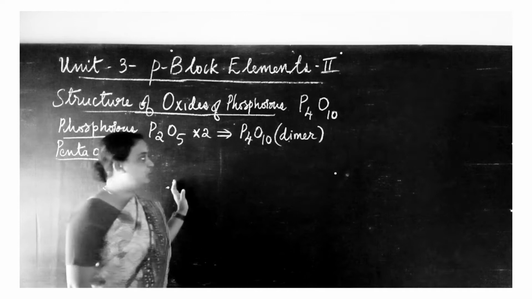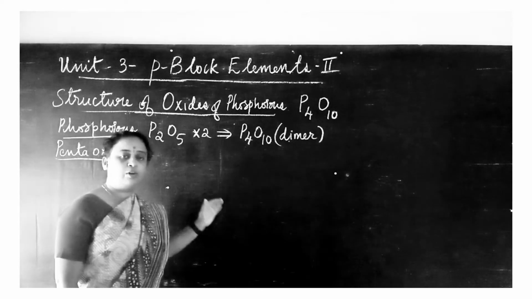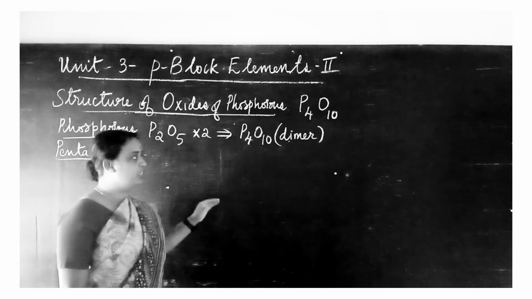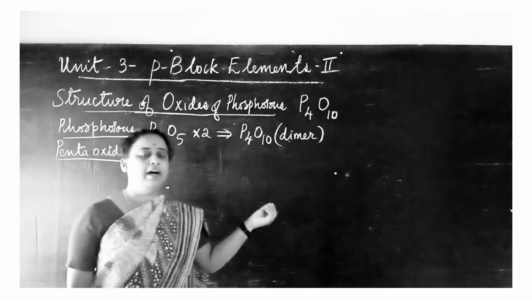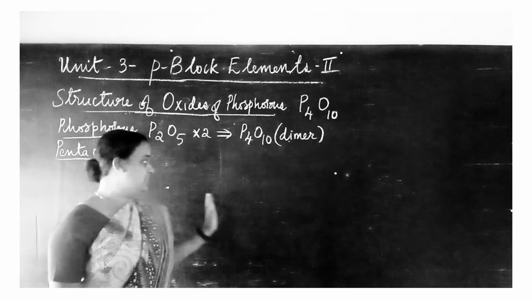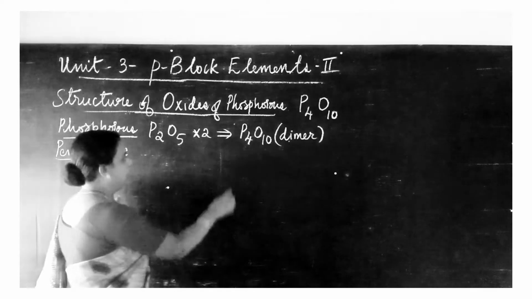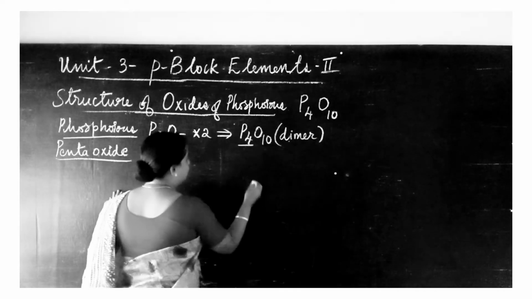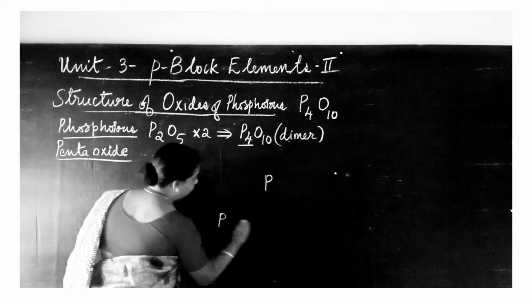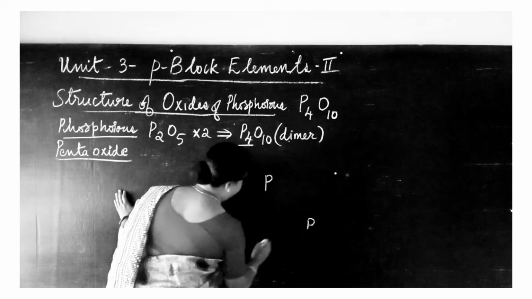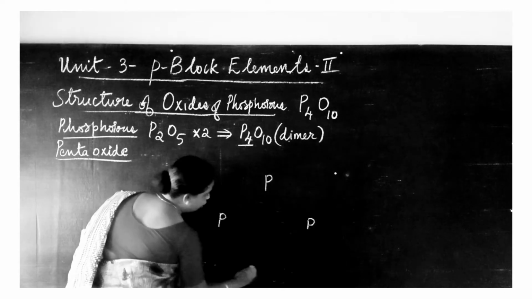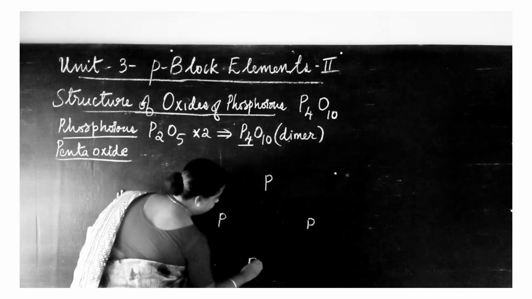Now let us see the structure of this phosphorus dimer. This is also similar to that of phosphorus trioxide. The same structure, you require additional terminal coordinate bonds to be represented there. That's it. Okay. So now let us draw the structure. So 4 phosphorus atoms are there. So let me draw those 4 phosphorus atoms. 1, 2, 3. Okay. Now the 4th phosphorus atom, I am not putting it over here, I am just putting it a bit to the left side.